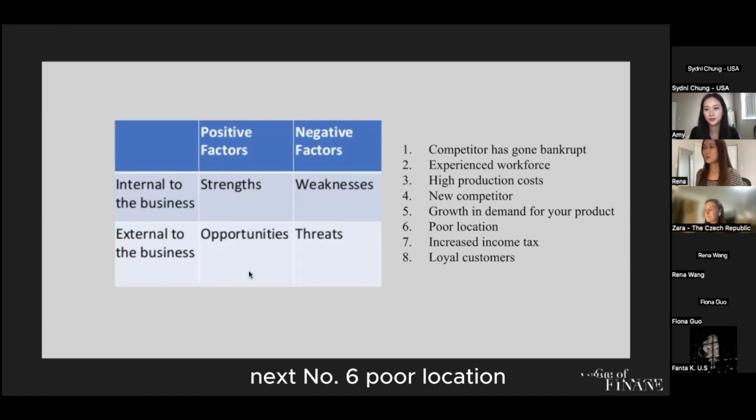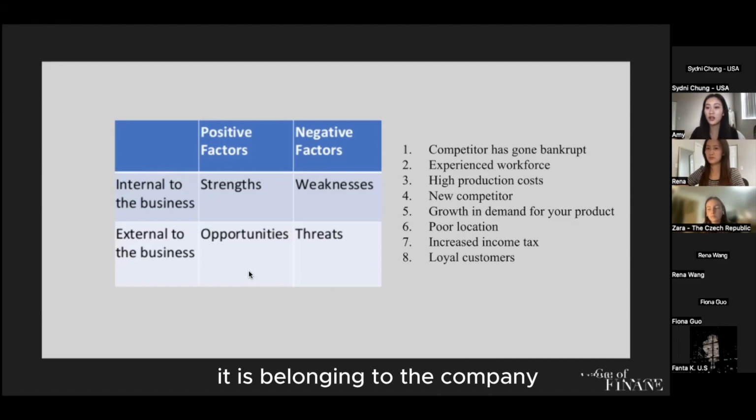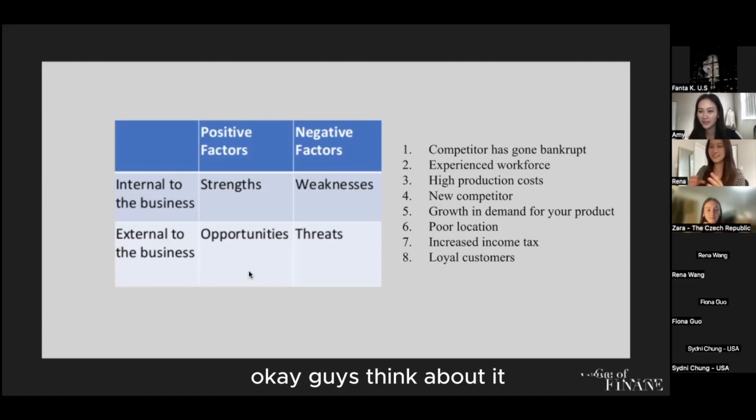Next, number 6, poor location. So I think for my argument, it is a weakness because it is where the company is currently located. It is belonging to the company. It is one of their factors of production: land, capital, and entrepreneurship. Someone might say it's a threat. Okay, guys, think about it. A company, let's say